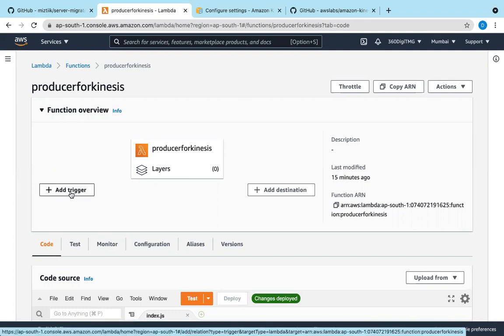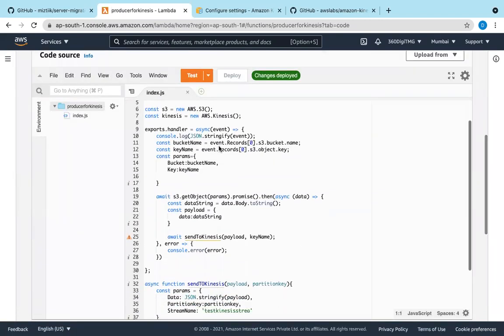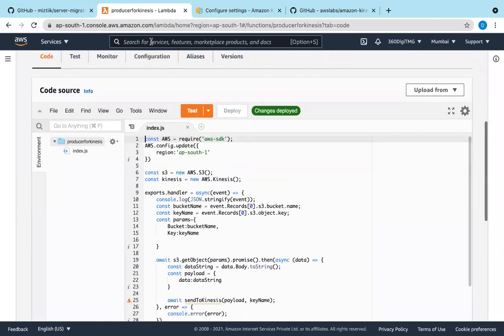A lot of Lambda triggers are available. In SQS, a Lambda trigger is there. SNS Lambda trigger is there. So let us not add a trigger. We will go and attach this Lambda function to an S3 bucket. Let's say S3, I'll create a new bucket.